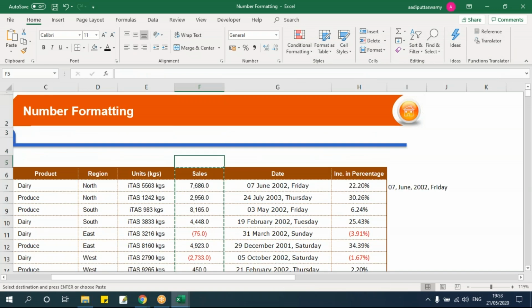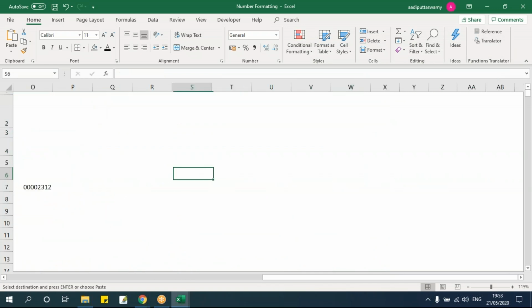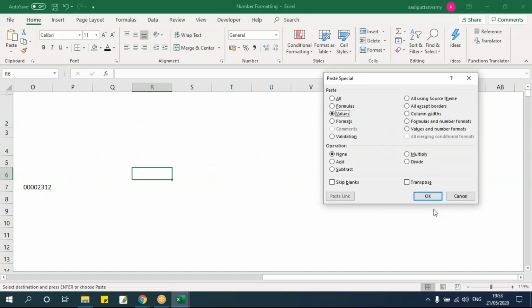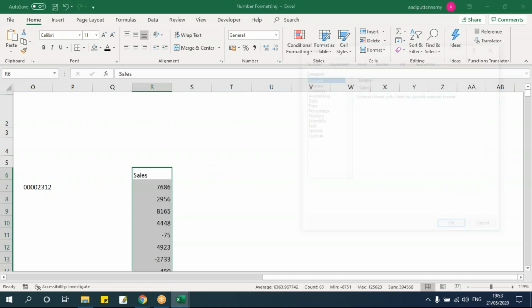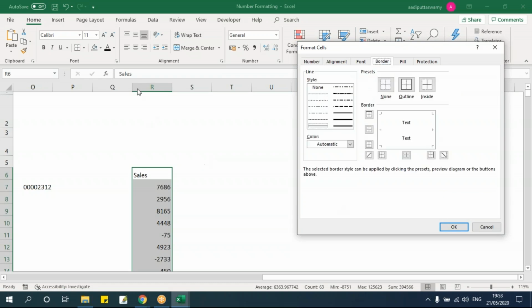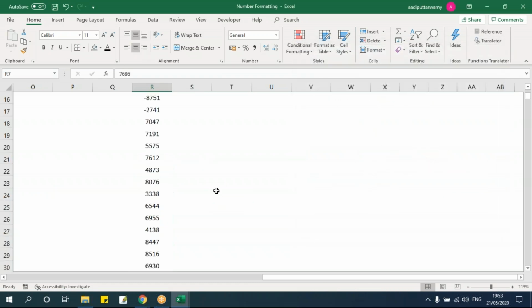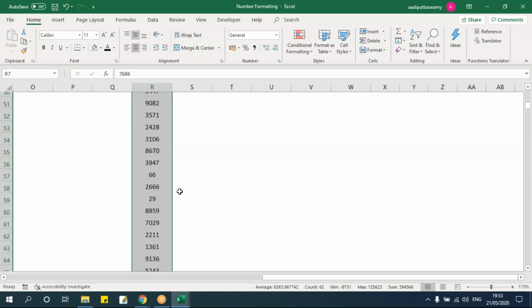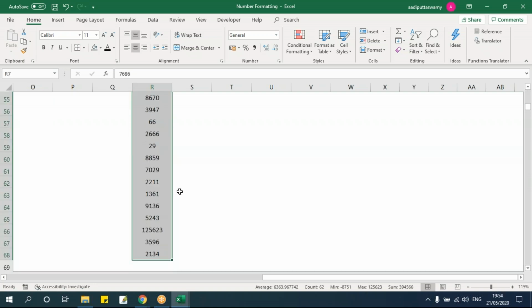Let me copy this and I'll show you. I'm not sure where this can be used, but most of the time I have used the same thing. Here I have a value. We tried to highlight the negative values. Now I want to highlight all the values which are below 1000 in red color. One way is I can use conditional formatting, and I can also do it with number formatting. That is, if the values are less than 1000, they have to be red color.